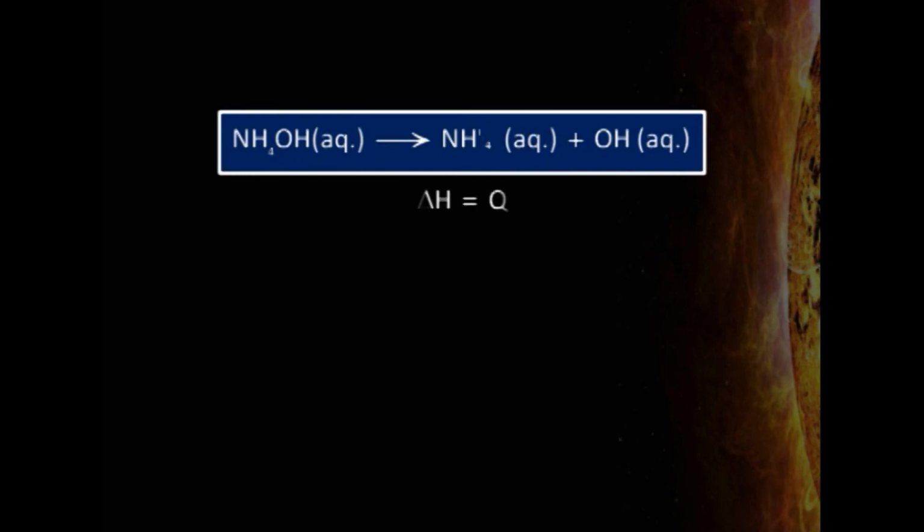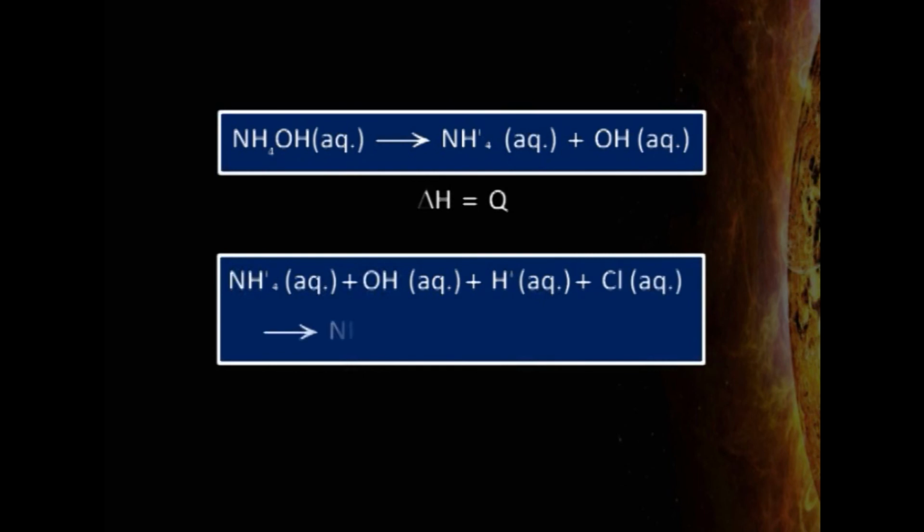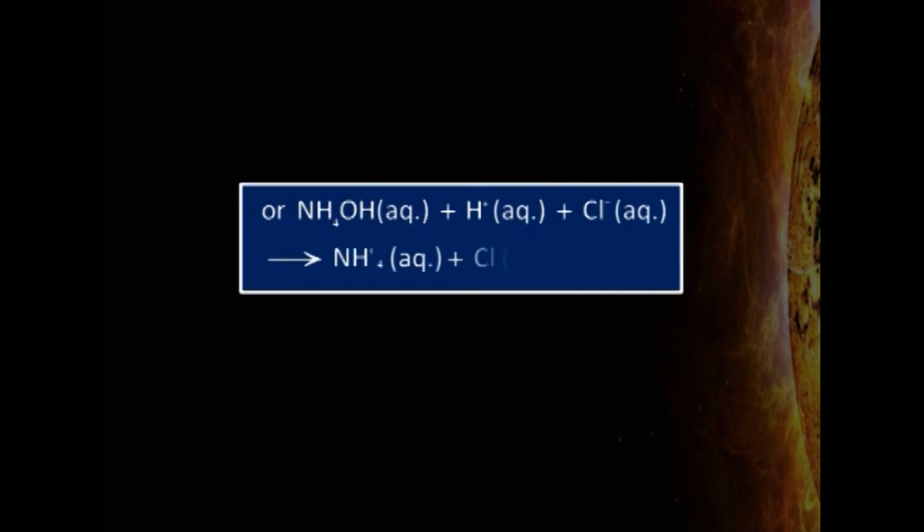The reaction between ammonium hydroxide and HCl can be shown as follows. Ammonium hydroxide will first get ionized to give ammonium ions plus OH- ion. Let us take delta H equal to Q for this reaction. Hence, NH4+ aqueous plus OH- aqueous plus H+ aqueous plus Cl- aqueous will give you NH4+ aqueous plus Cl- aqueous plus H2O liquid. The heat liberated in this reaction will be equal to minus 13.7 kilocalories. Therefore, NH4OH plus H+ Cl- giving you NH4+ Cl- plus H2O, the heat of reaction for this reaction is equal to